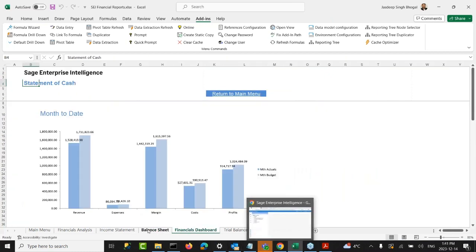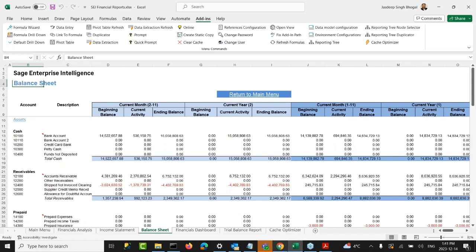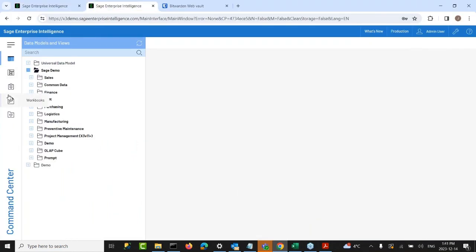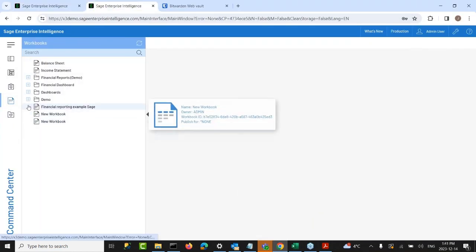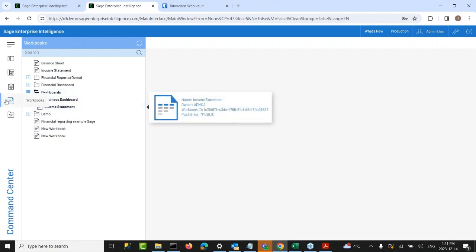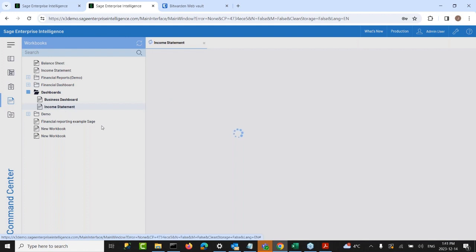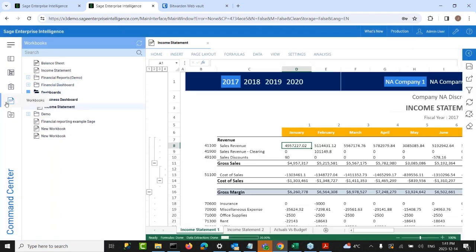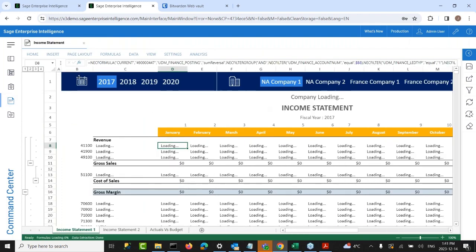And now from the Excel add-in, as the new evolution of this tool has happened already within SCI, now we actually have the same Excel-like environment within the web application that we were looking at earlier. So we now have the web workbook where we can create the Excel-like reports within the web application. So you do not even have to go out of the web application into Excel to create those reports. Here's an example of such report where